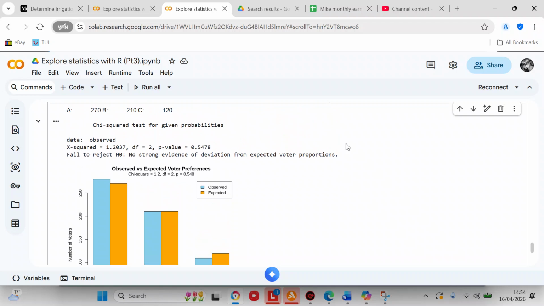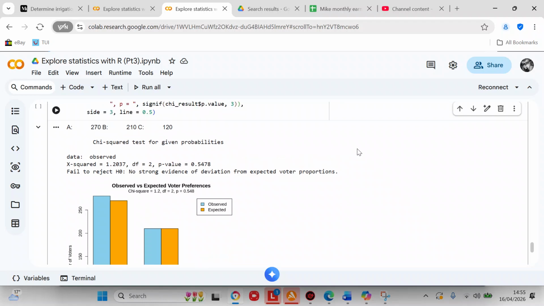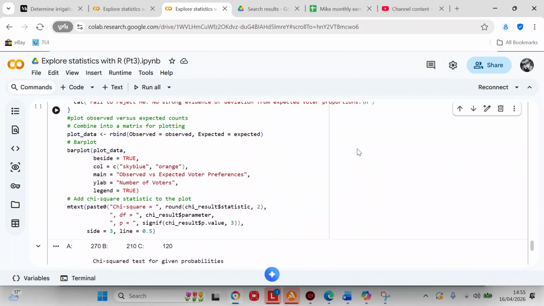Because you've got 3 elements in your sample, minus 1 equals 2. Your p-value is 0.547. So basically, since the p-value is greater than the significance level of 0.05, you're going to